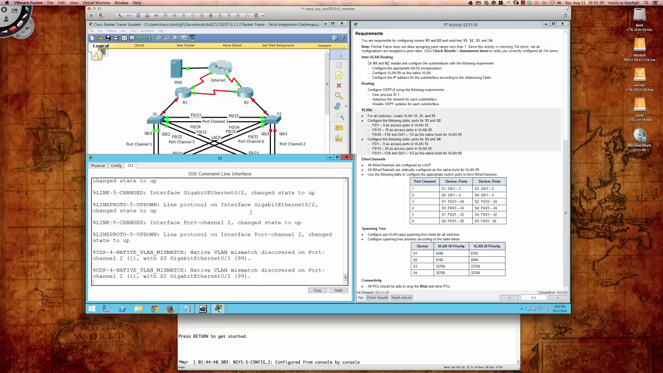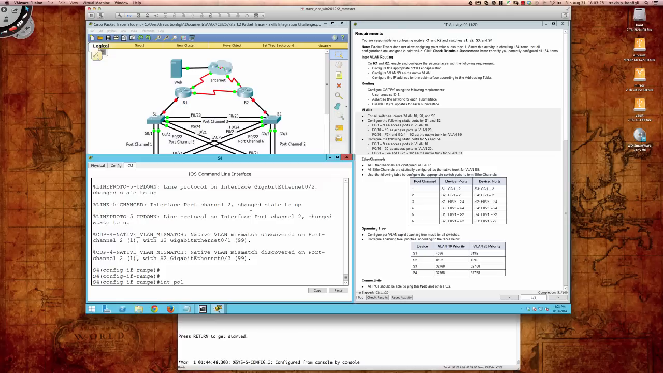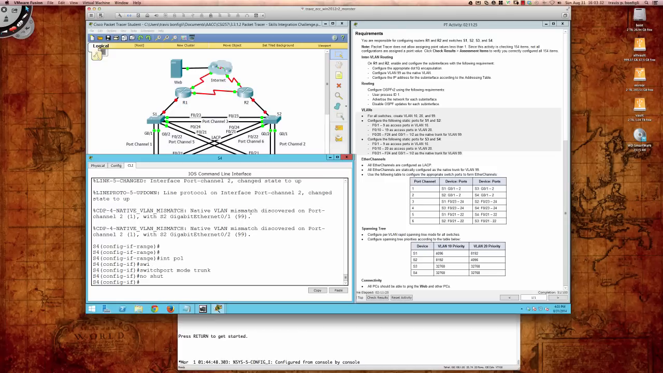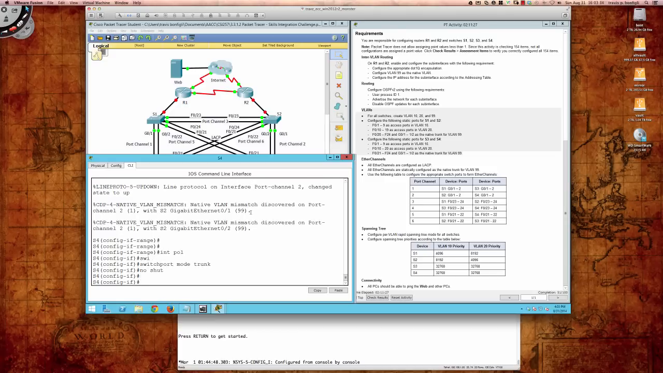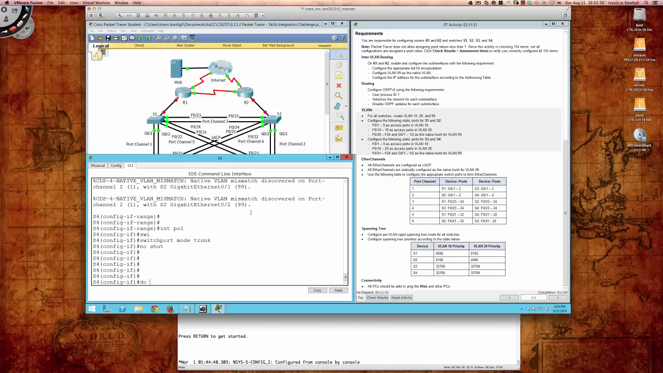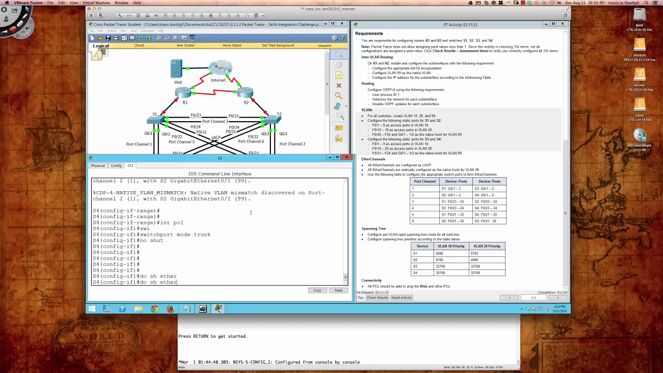So we'll say no shut, and then we'll say int Po1, switchport mode trunk, and no shut, even though it looks like it popped up already. So we're going to enter those commands anyway just to be sure, right? So now if I do a do show etherchannel summary,